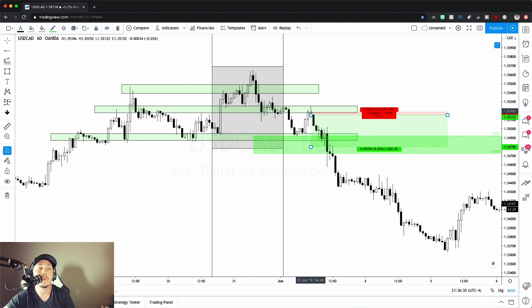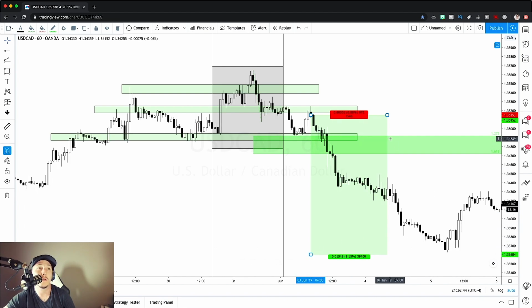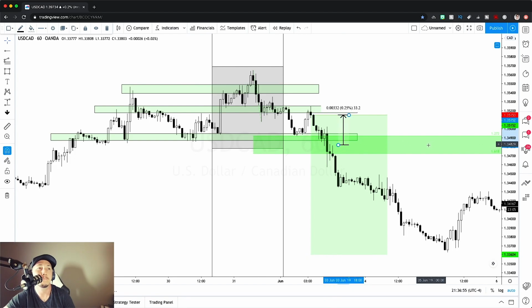Move your stop loss to break even, all right? Set a trailing stop, ride the rest. And then as it started to come up, right, you would have had, let's see, if you moved your stop loss to break even, let's say you take your profit right here, right in the middle of this zone, right? Let's say you reduced your position right here, all right? And you set that. So you got roughly a 30 pip stop loss, right? So from the bottom of this, 30 pips,